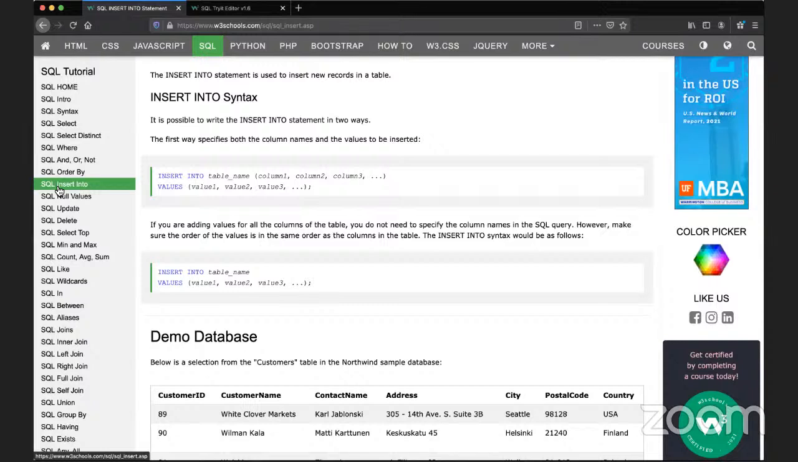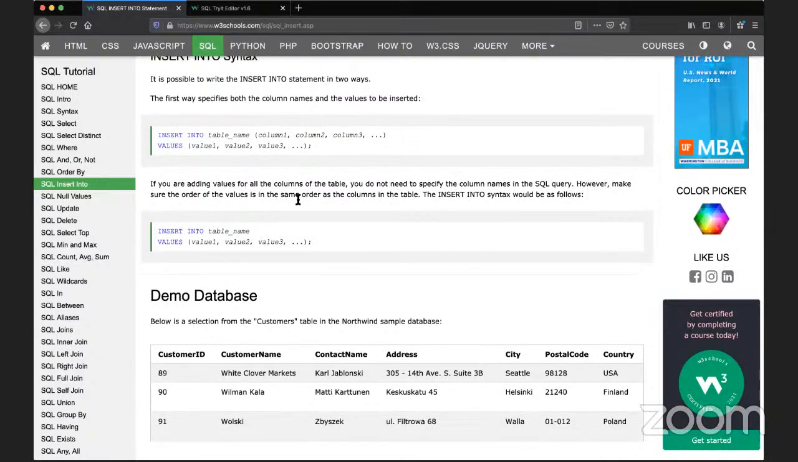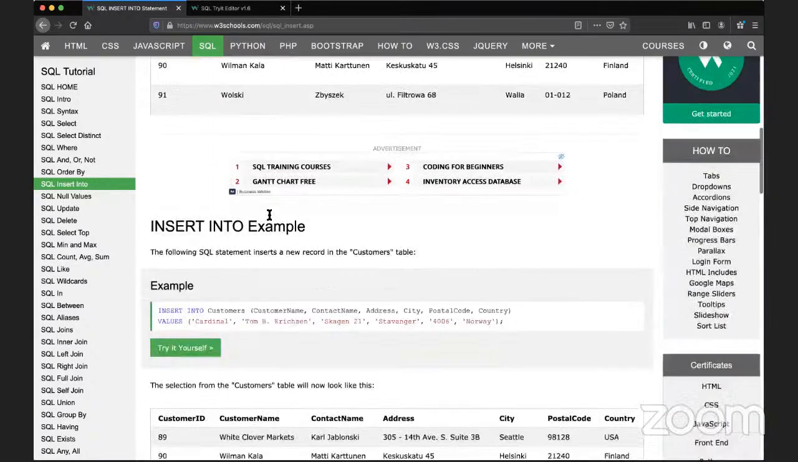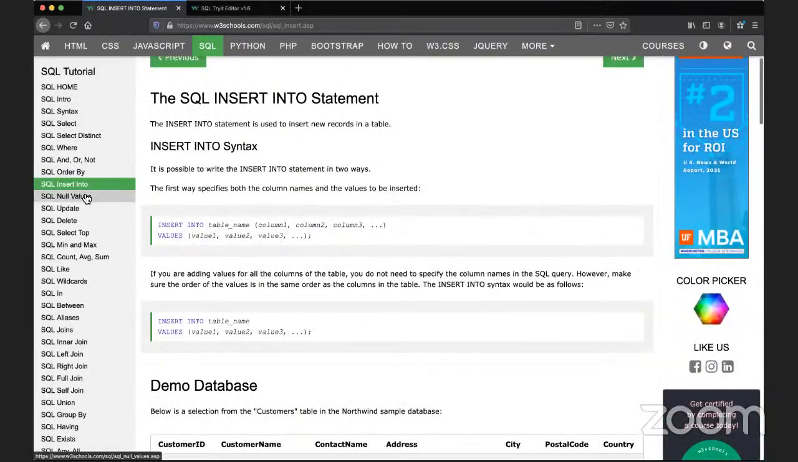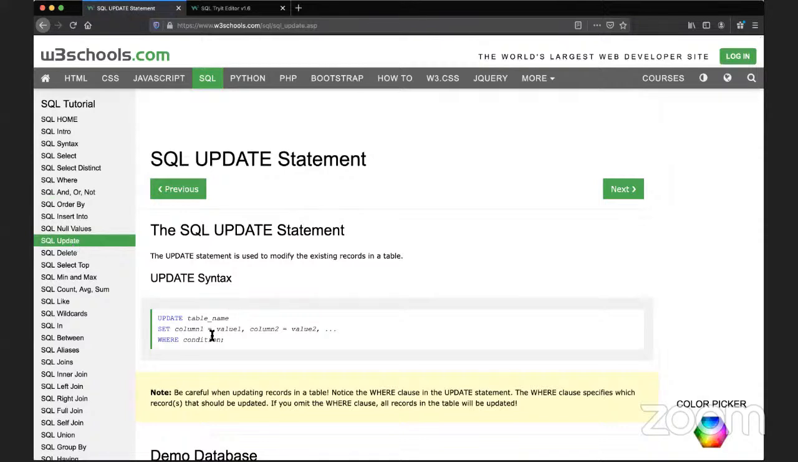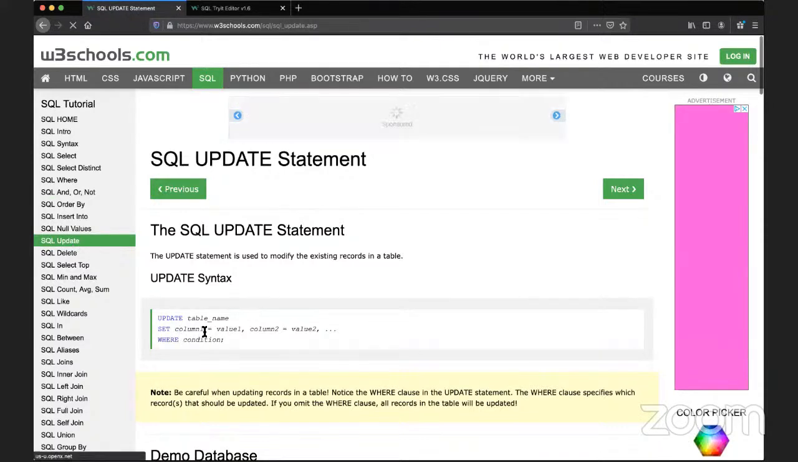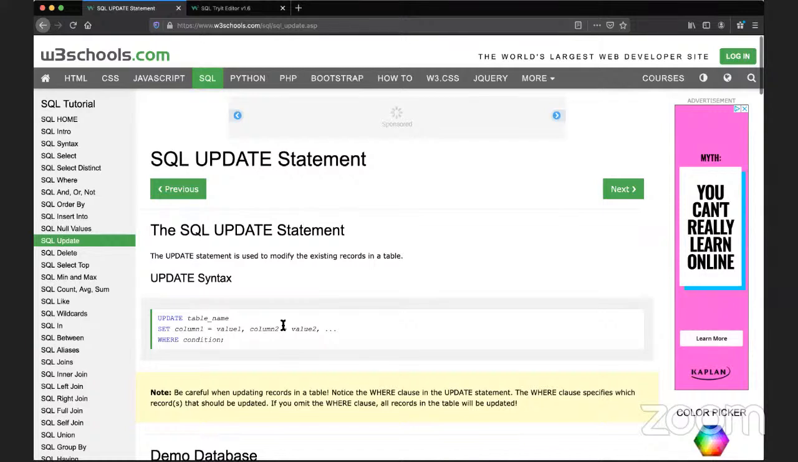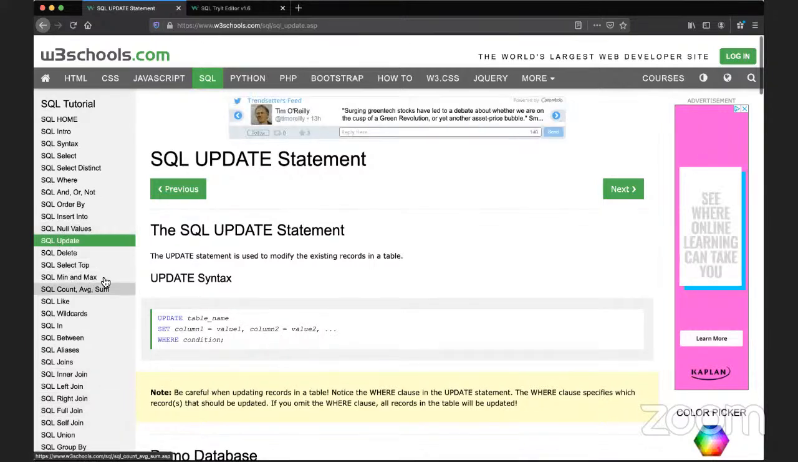We can insert into these tables as well. And this is the syntax or the format. This is how we insert into database columns. Very, very important. Also over here is an example: null values, how to use updates, and how you can update a table. You can set column, values in the column 2, this value, where the condition is this,